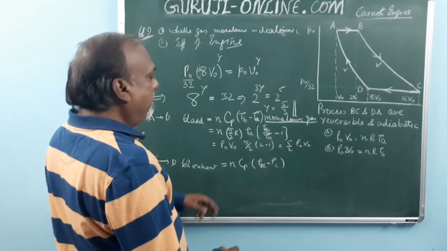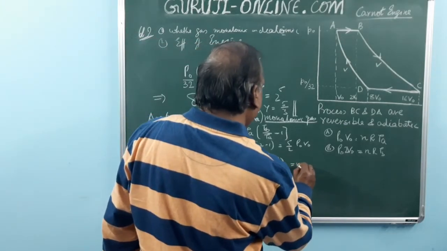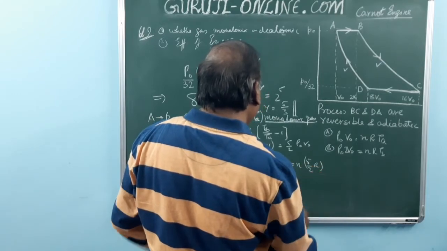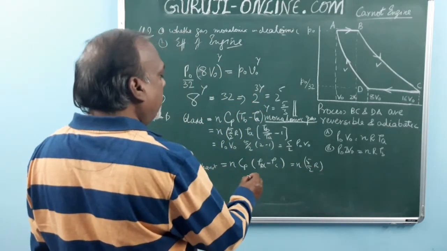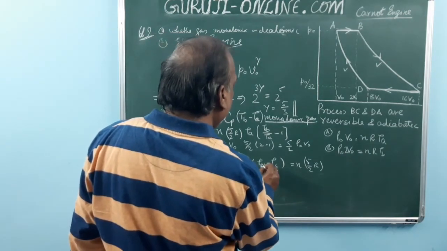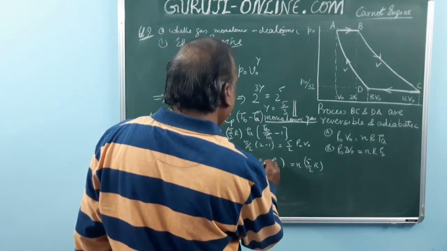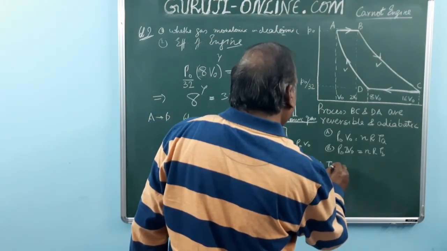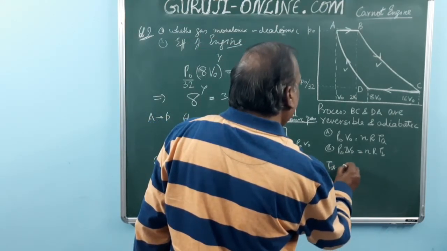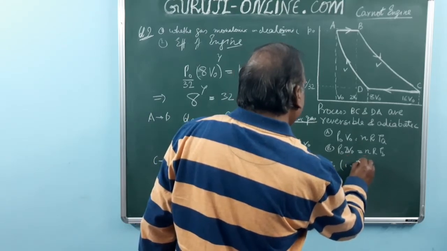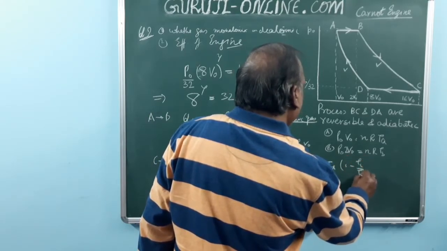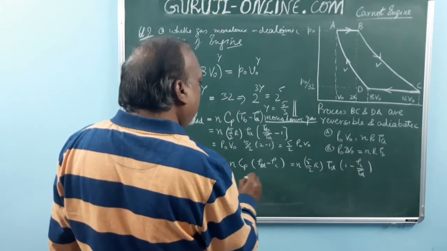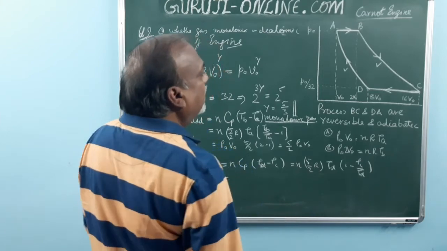Here again we can put n 5 by 2 R into Td, taking Td common, 1 minus Tc upon Td, and this we can write n R Td is nothing but